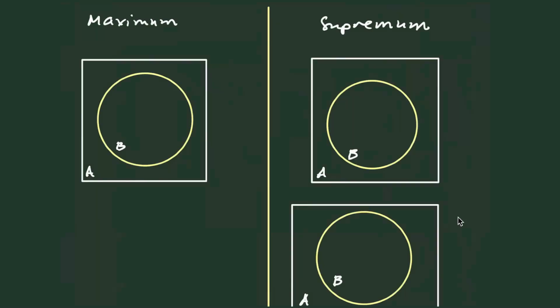So again, what is now the difference between a maximum and a supremum? They look almost the same. The only difference is that for a maximum element, the maximum element has to be inside your set. Whereas for a supremum, maybe I should draw that here. My M is here, and then all the other elements of B are here. Whereas for a supremum, it may or may not be inside your set. It can be inside, so it can be a maximum element, or it can also be outside.